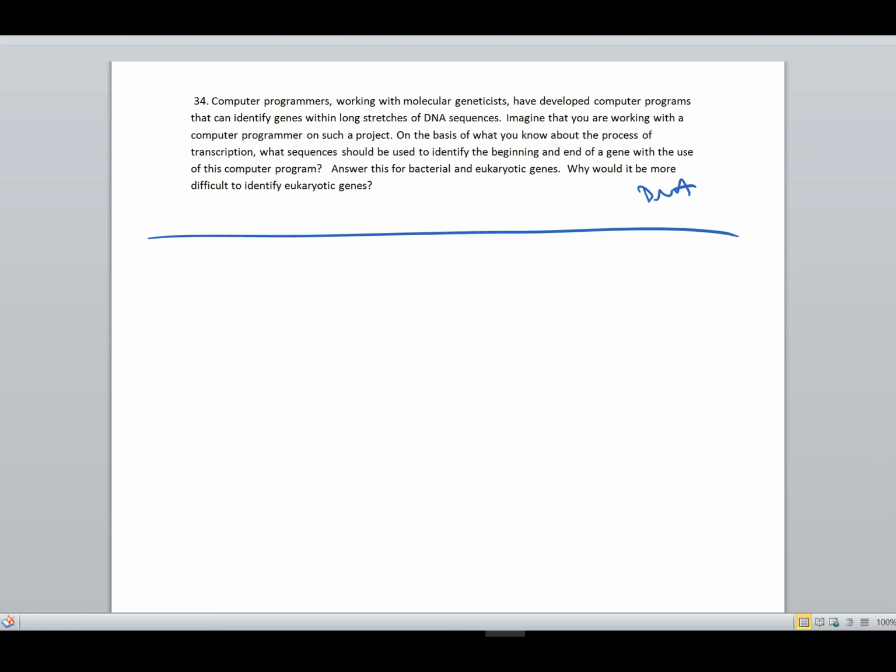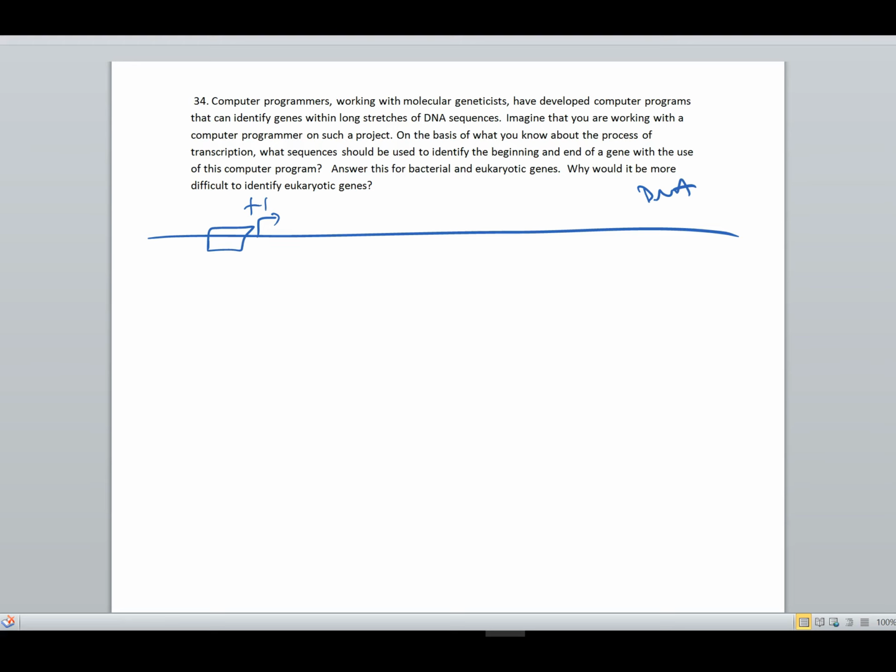But if you have a new genome, these days you can sequence the whole genome, and it's a big deal to do the experiments to figure out where all these genes are. So what you can do is design computer programs to look for the sequence signatures that show us the different parts of the gene. It's kind of like those consensus sequences. If we know that promoters always have a particular sequence,